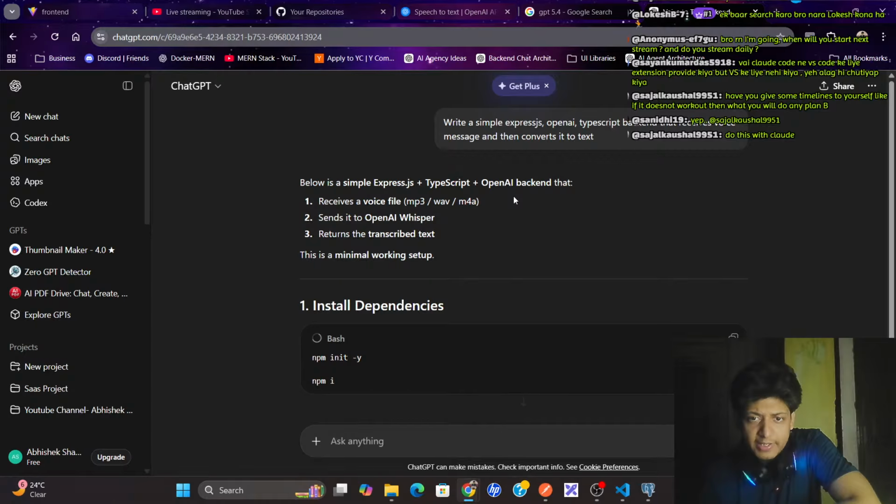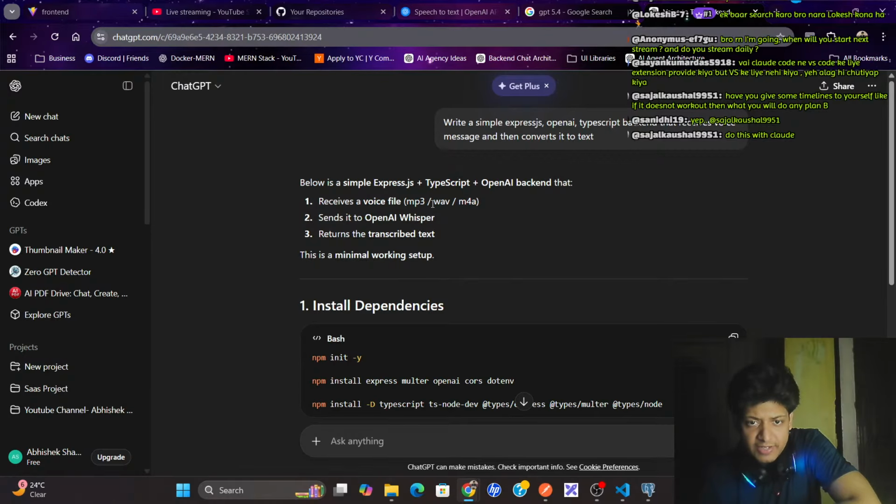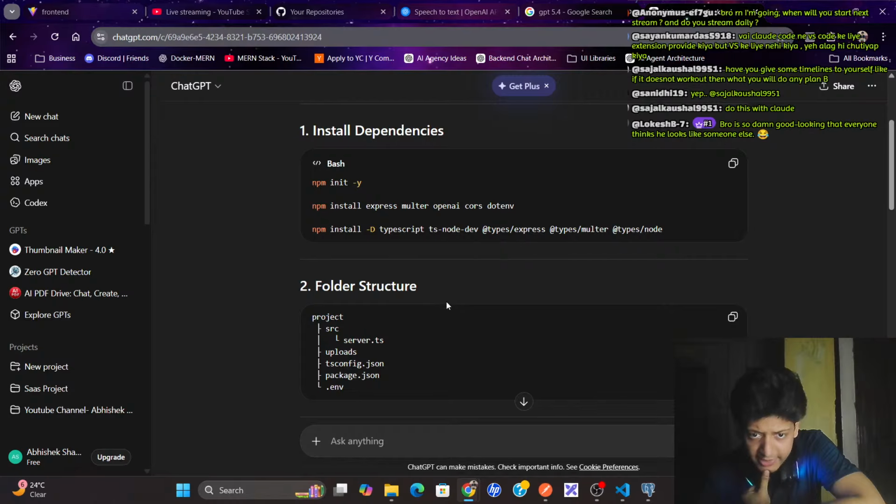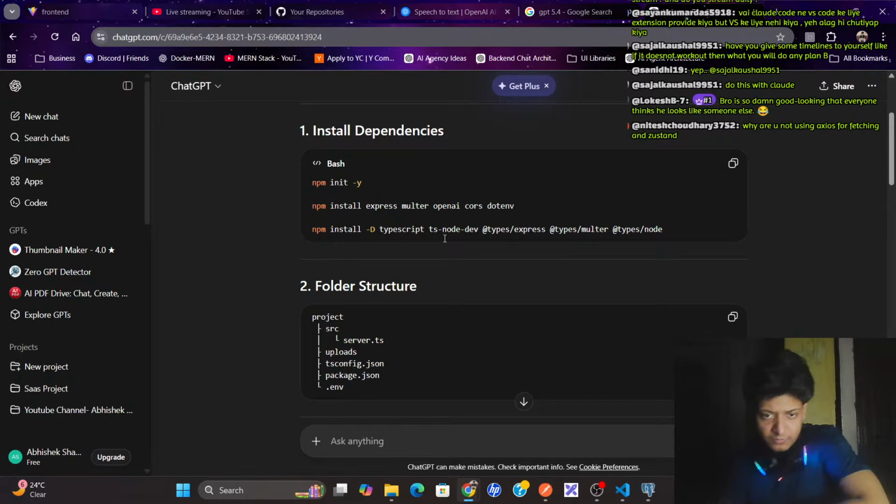Simple AI TypeScript OpenAI backend that receives a voice file, MP3 or WAV, sends it to OpenAI Whisper, and returns the transcript text. Okay. Multer is required because of the file. Okay, fine.